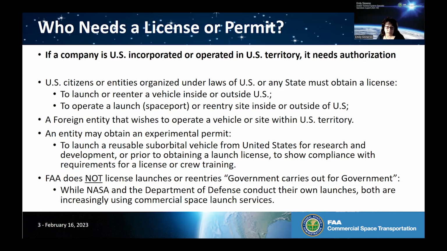A foreign entity that wishes to operate a vehicle or site within U.S. territory may obtain an experimental permit. That's to launch a reusable suborbital vehicle from the US for research and development or prior to obtaining an actual launch license. And that's mainly to show compliance with the requirements for a license, eventually for one of our 450 licenses,